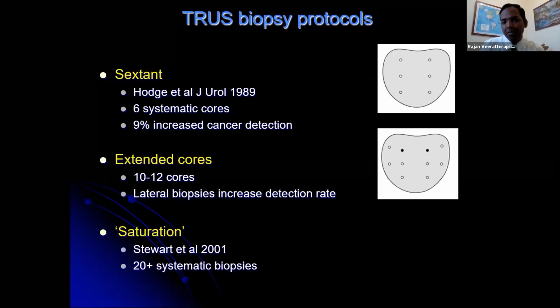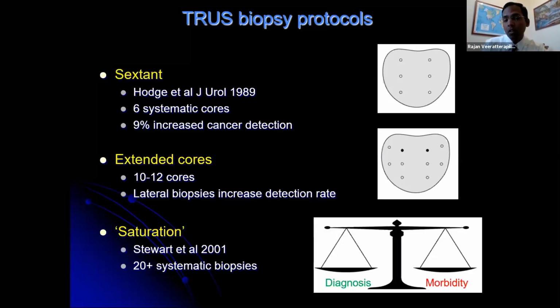Then came the concept of a saturation biopsy in 2001. Saturation biopsy is a technique where we're taking in excess of 20 systematic biopsies. This was often reserved for patients who perhaps had a prior negative biopsy and the concern of prostate cancer was still high. The problem with doing a lot of biopsies is you have to match up the diagnostic accuracy to the morbidity. The more cores you take, certainly through a transrectal route, the higher the chance of patients developing morbidity